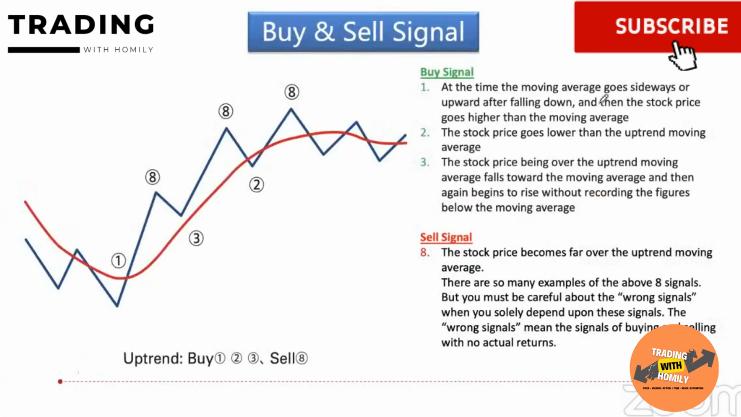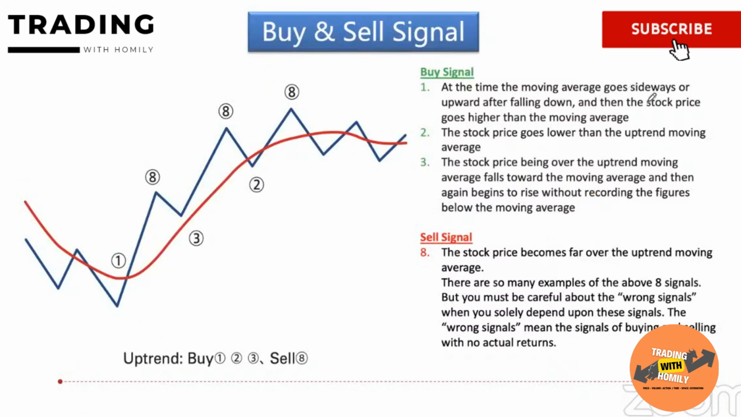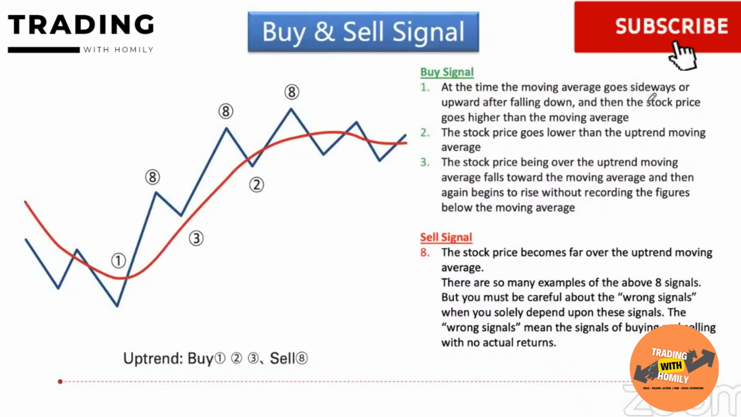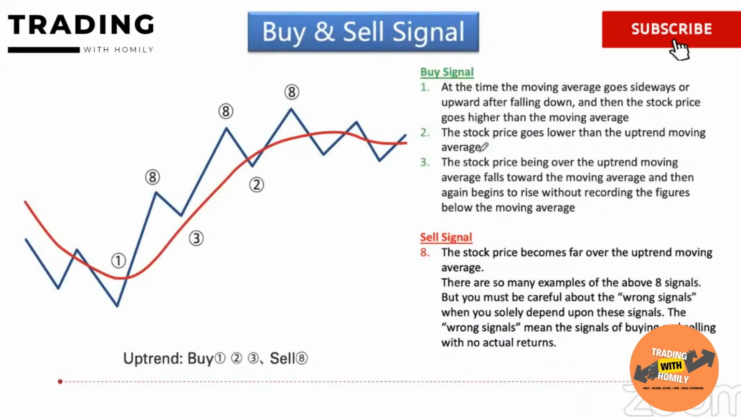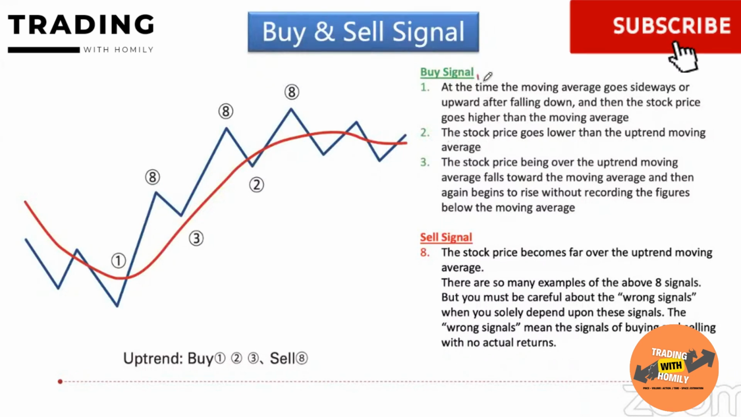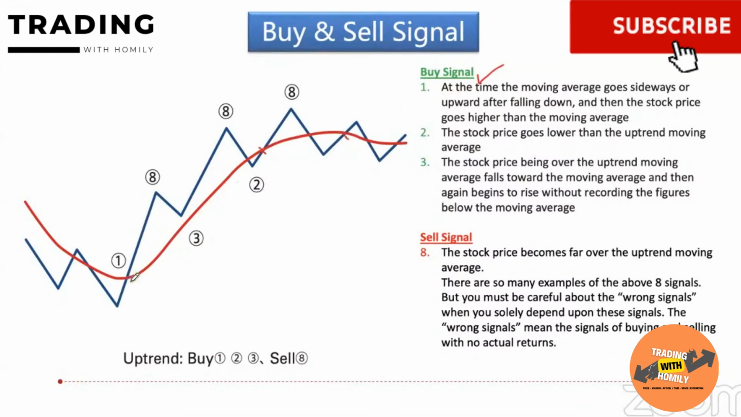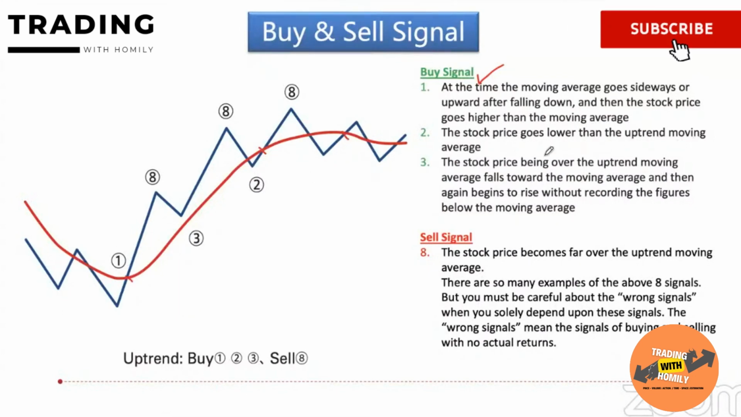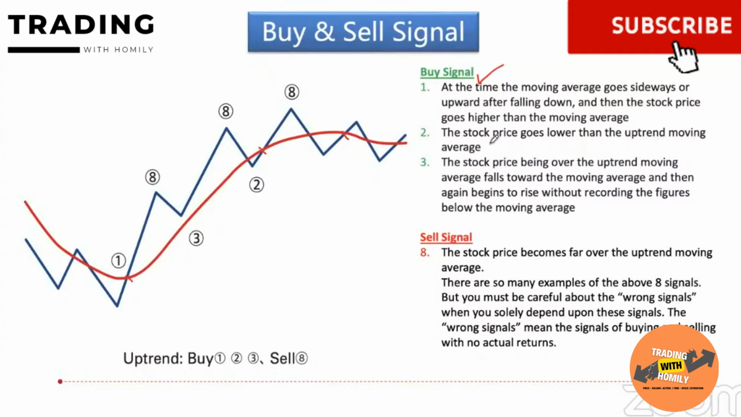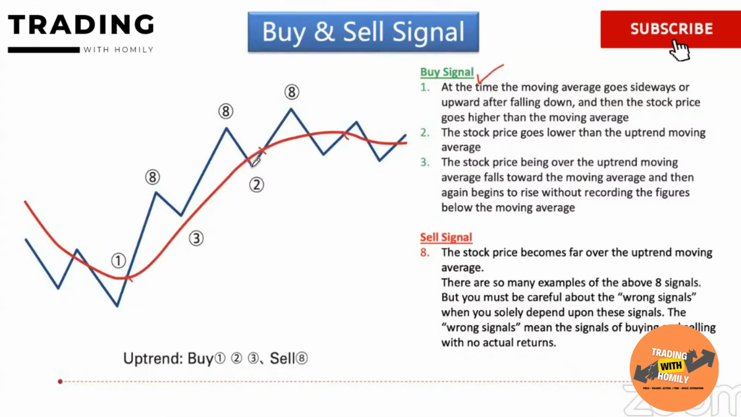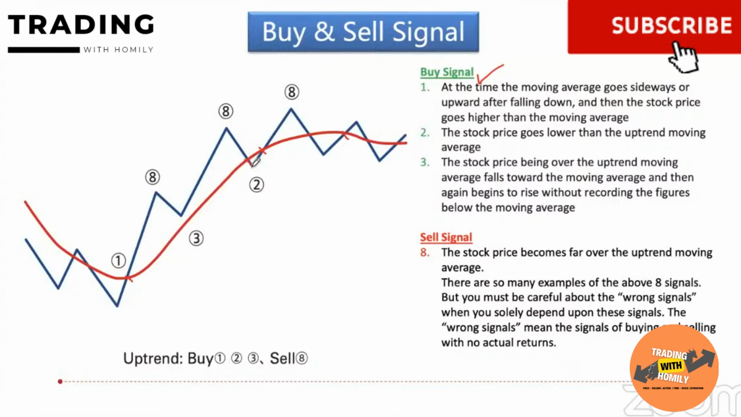At the time the moving average goes sideways or upward after falling down, and then the stock price goes higher than the moving average, that generates a buy signal. So basically, when the price goes up, this is the buy signal. All right, and then after the stock price goes lower than the uptrend moving average, basically when it goes lower, you break the support, then you buy. But the thing over here is that